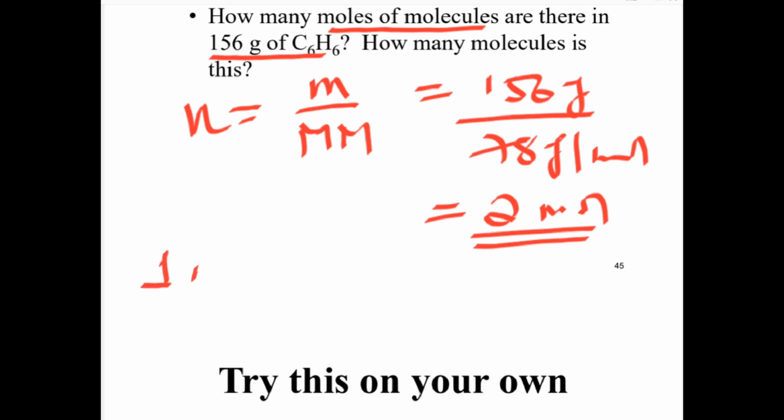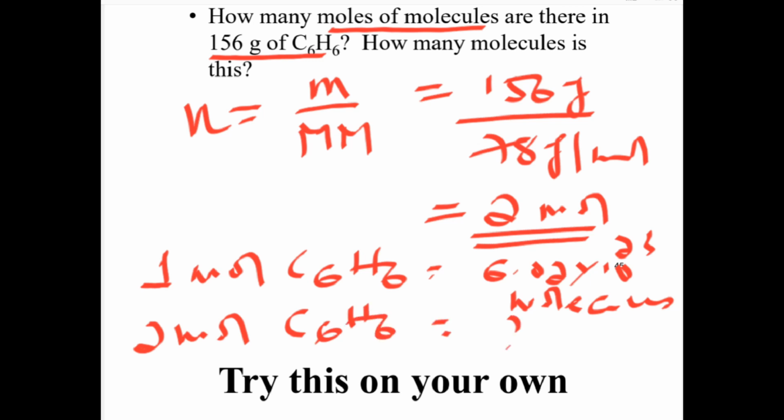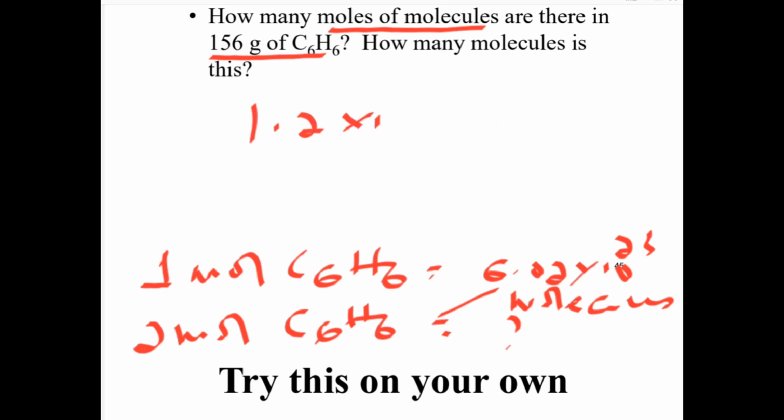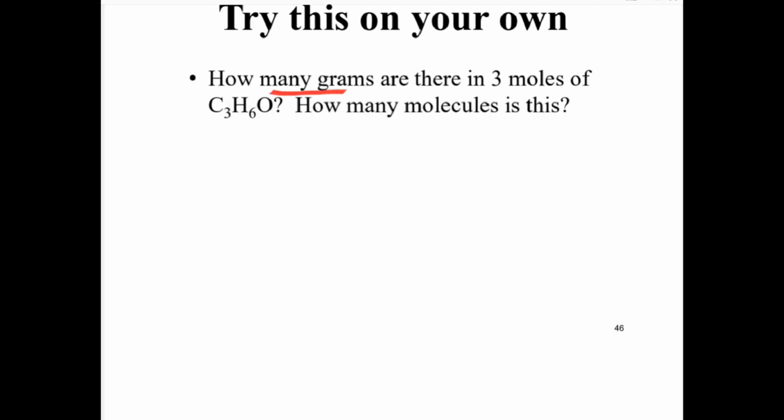We know that 1 mole of benzene contains 6.02 times 10 to the power of 23 molecules of benzene አይደል? 2 ሞል of benzene ምን ያህል ሞለኪውልስ ቢይዝ ነው? ስለዚህ ይሄን ሲባዛ ስንት ይሆናል ማለት ነው? 1.2 times 10 to the power of 24 molecules of benzene are contained in 156 gram of benzene or 2 moles of benzene ማለት ነው።